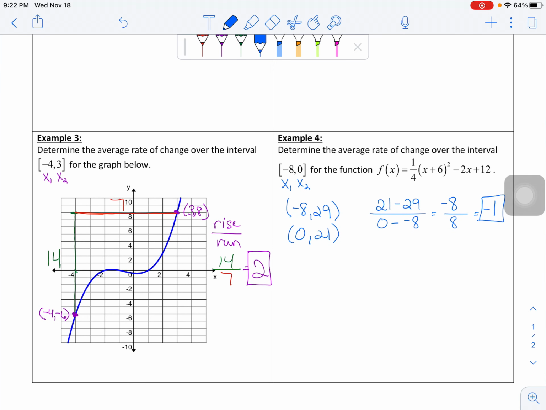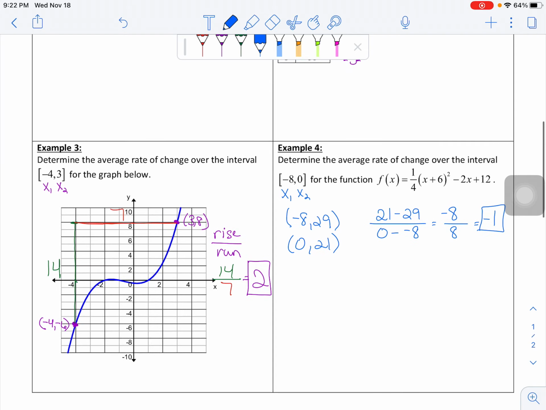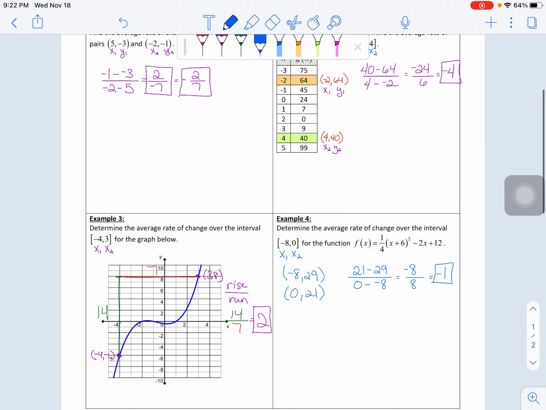All right. So I hope this has helped with figuring out a lot of different ways of how you might see average rate of change and how you can find it, whether you have an ordered pair, whether you have a table